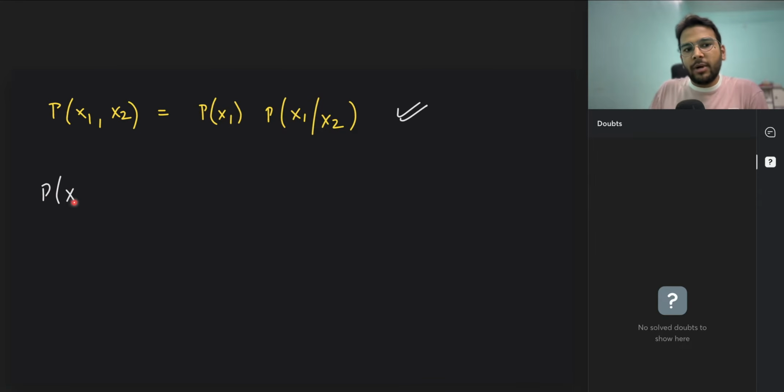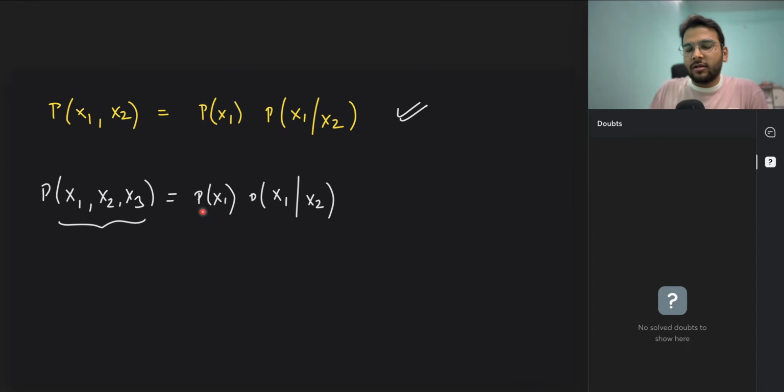Similarly, if I say probability of x1 comma x2 comma x3, because we can have 2 or more events, right? So can I write like this: probability of x1 into probability of x1 given x2, correct? Similarly, what else can we write? So basically we want this thing. So I can also write like this, that it is going to be probability of